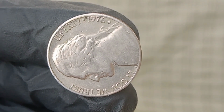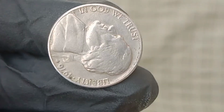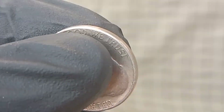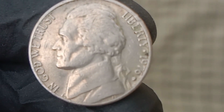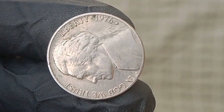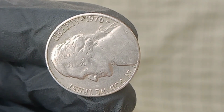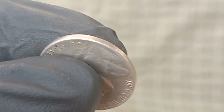attributes, including off-center strikes, die clashes, double dies on both obverse and reverse, and in one legendary case, a coin that appears to have been struck on a planchet intended for a foreign coin, possibly a leftover from another U.S. Mint contract, creating a piece that is dimensionally different from any standard American 5-cent coin. And it is this specific error-laden coin that has drawn the most attention due to the accumulation of anomalies that suggest it may have been a test strike, an experimental issue, or a fantastically unlikely convergence of minting mishaps, because